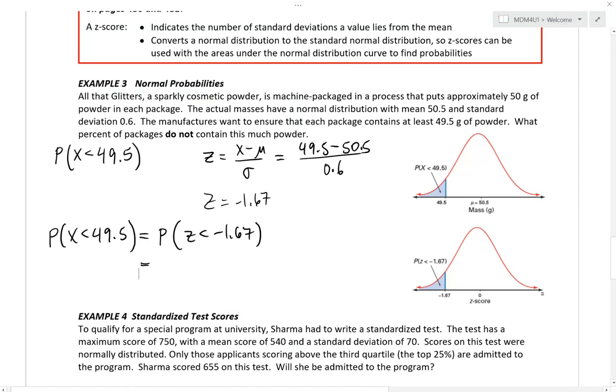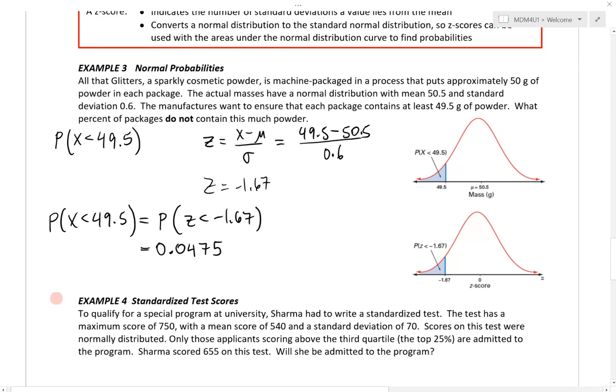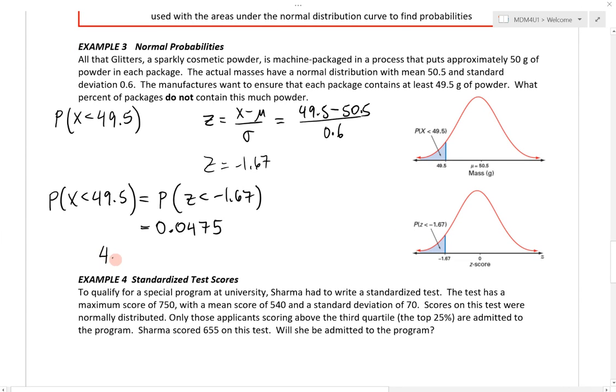Let's write that down. 0.0475. So what that says is that the blue shaded area, the left side of that z-score, that value represents that area. So this value of 0.0475 represents the area of this blue shaded region. So my conclusion is, if I round this, it's going to be about 4.8%